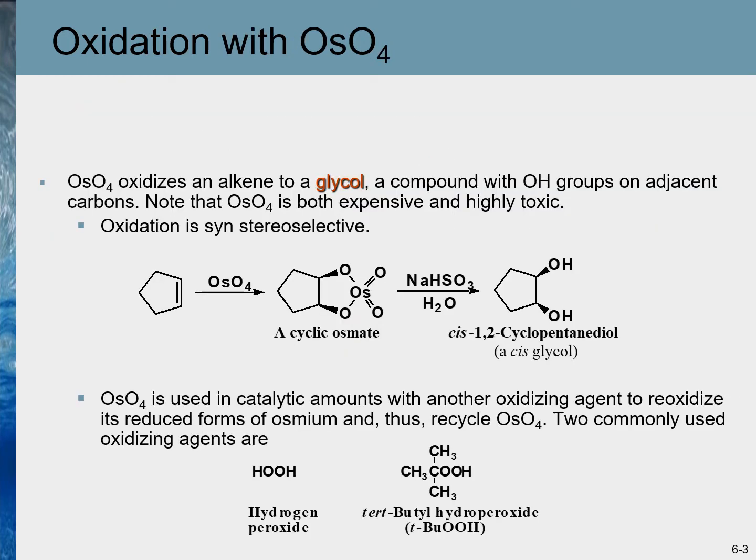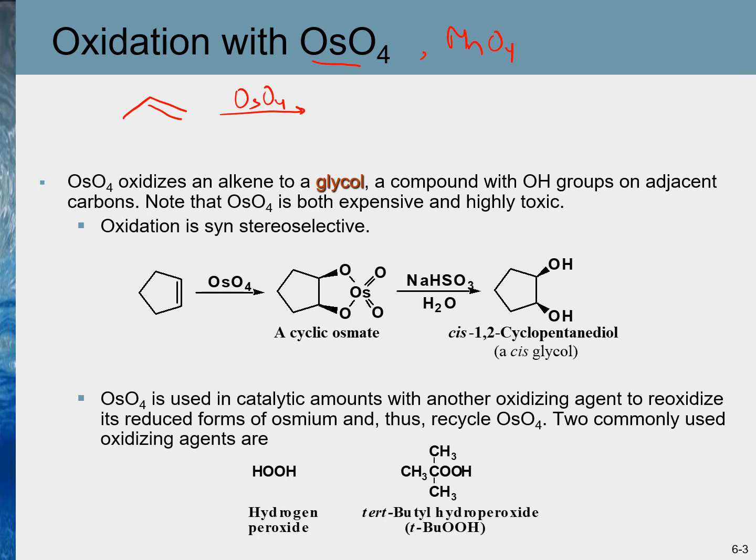Some transition metal oxides, such as oxides of osmium or manganese, are effective oxidizing agents, and these transition metal oxides will oxidize alkenes into 1,2-diols. Now 1,2-diols are those compounds which contain two hydroxyl groups present on adjacent carbon atoms. For example, if we start with an alkene such as propene and we treat it with an oxide of osmium, or osmium tetroxide in this case,